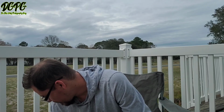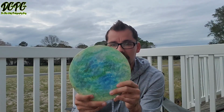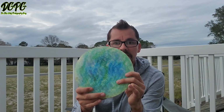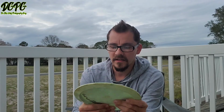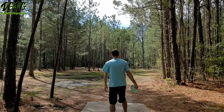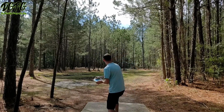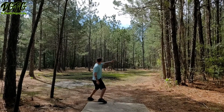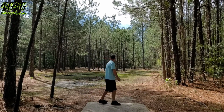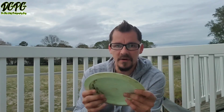I also tried out my old Star SL max weight. It looks like crap because we tried to dye it and it didn't really come out very well, but it's still in really good shape. I tried that on a couple throws, and I think it's like a speed 10, so it was good for that on certain throws, but I tend to overthrow it because, I don't know, it glides forever. So there's probably use for it backhand, but I haven't really figured it out,